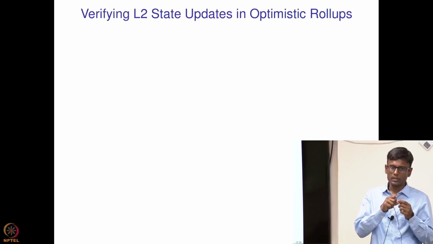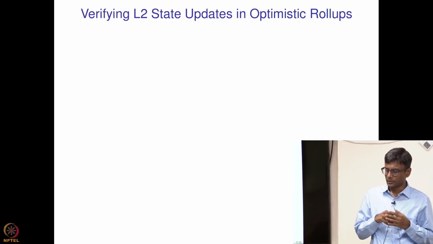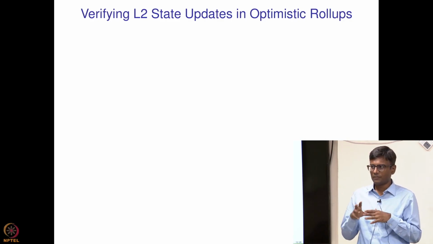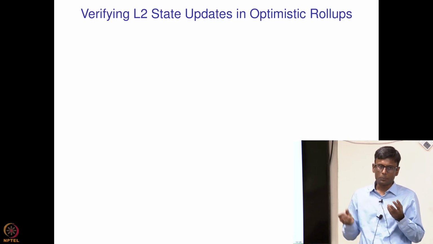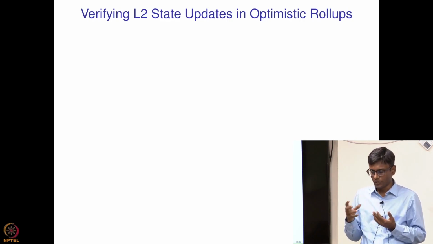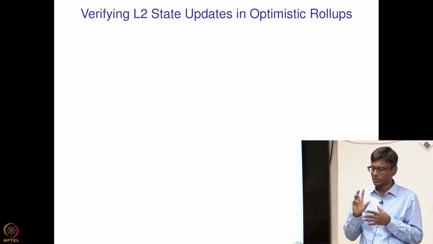So what about optimistic roll-ups? Optimistic roll-ups use something called fault proofs. The reason they are called optimistic is that when a new state root is added to an optimistic roll-up, the bridge contract corresponding to the roll-up is not sure if it is correct or not. So we optimistically think it is correct and we move forward, but at a later stage it can be proved faulty. Somebody can give something called a fault proof to prove that a state root was incorrect, then that state